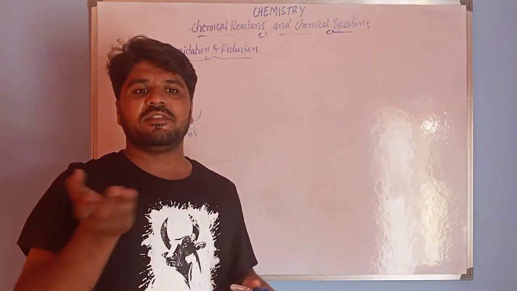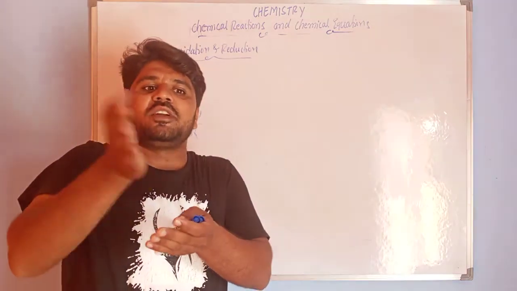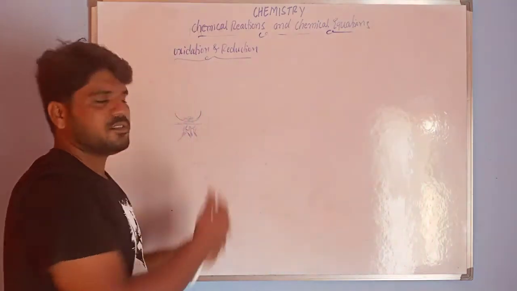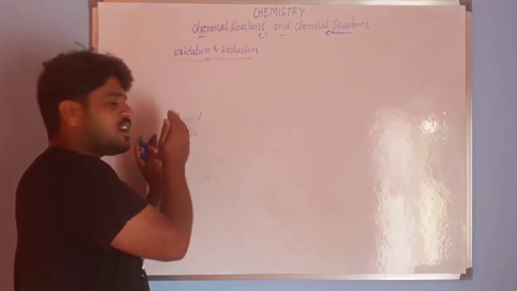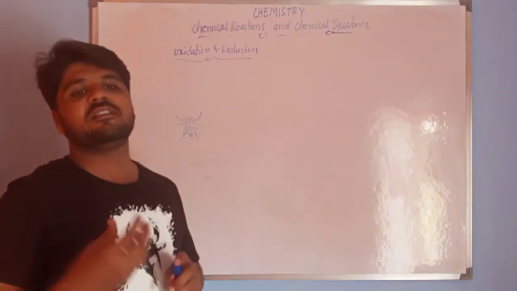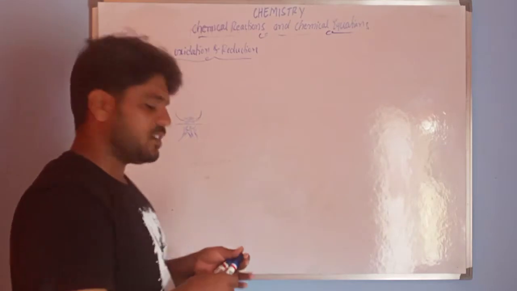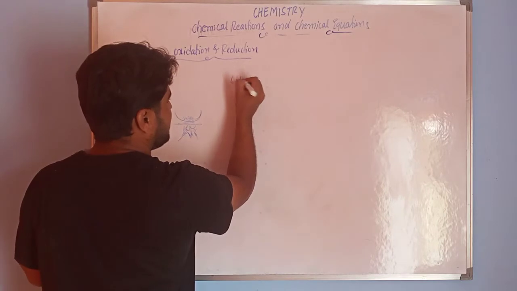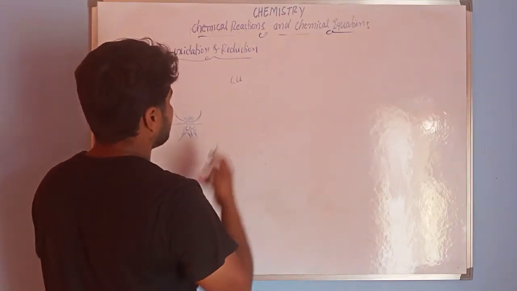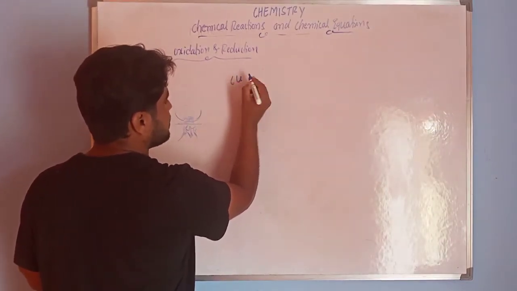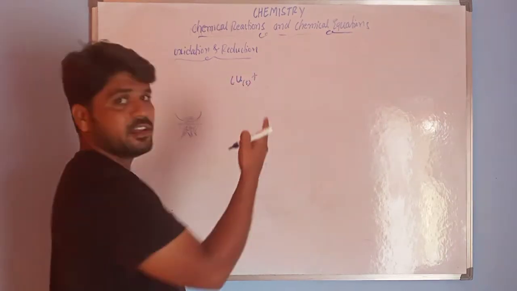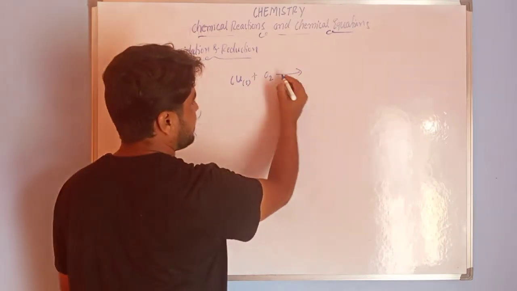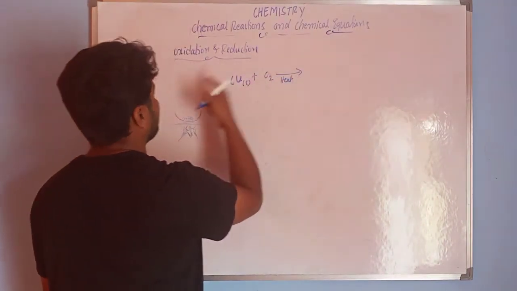The surface of the copper powder becomes coated with black copper oxide. That is the product. Before burning, copper is present. After burning, we get copper oxide. Let's see the reaction. Cu is the copper. When copper burns with the oxygen in the presence of air, we have to heat the copper.